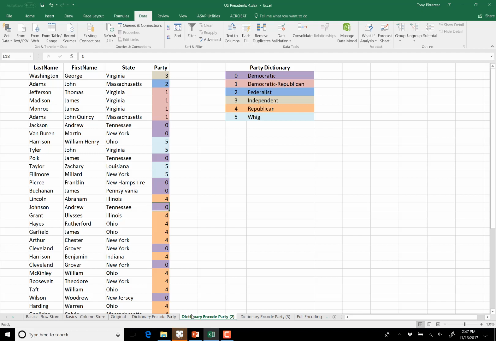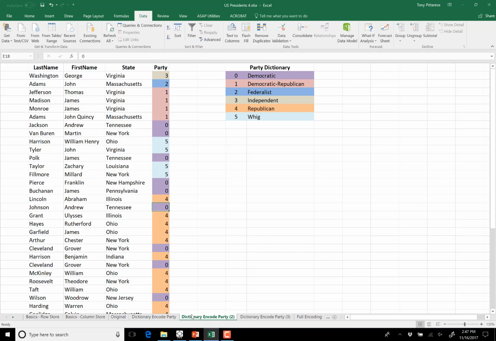I've created on the right something called a party dictionary, which I like because that sounds really fun, but it's really not, I suppose. And notice what I did in the party dictionary. I listed all of the party values, and I numbered them. In this case, of course, being a good computer scientist, I started at 0, and you see we have 6 different values represented there by numbers 0 through 5, and then I went over to the party field,